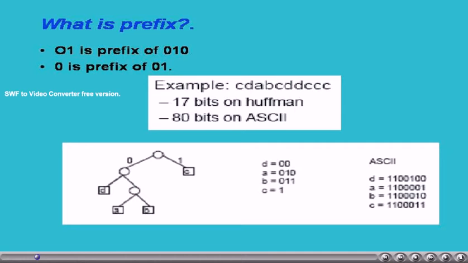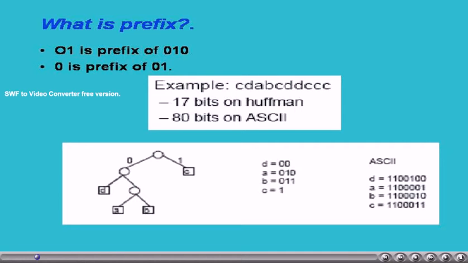That is, no code of a symbol should be a prefix of any other code which is of longer size. For example, suppose the symbols are represented in a binary tree as shown in the slide, and we traverse from each symbol towards the root.